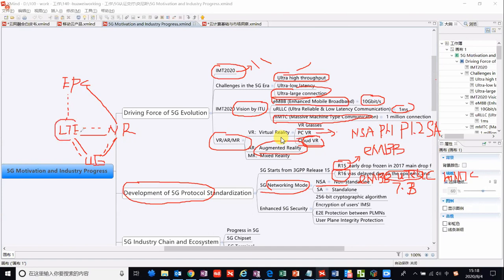LTE is the anchor, and the NR is the data split. And this is the NSA.